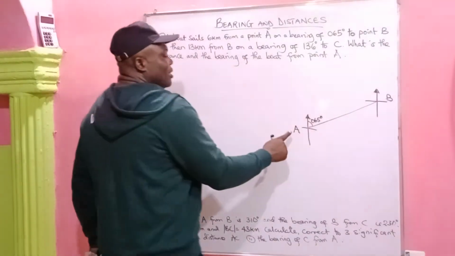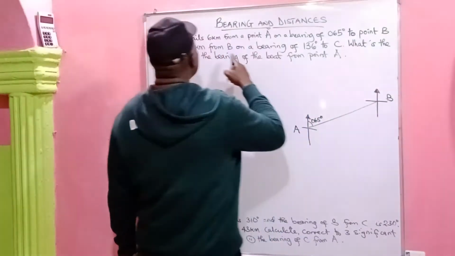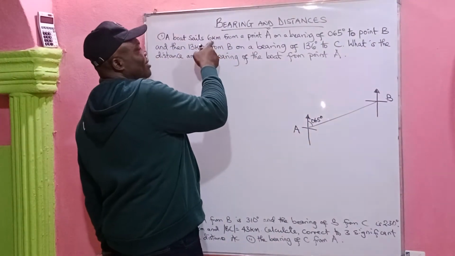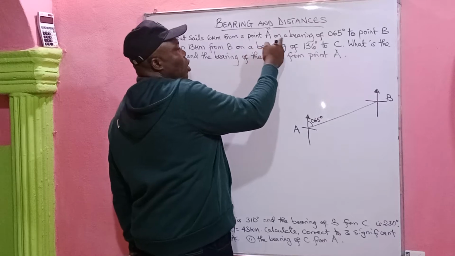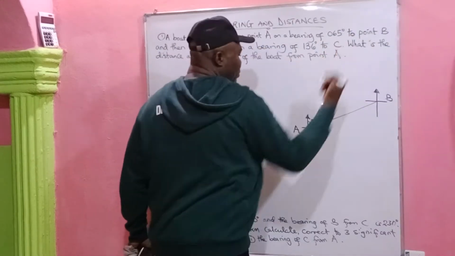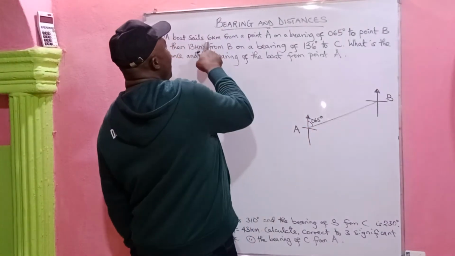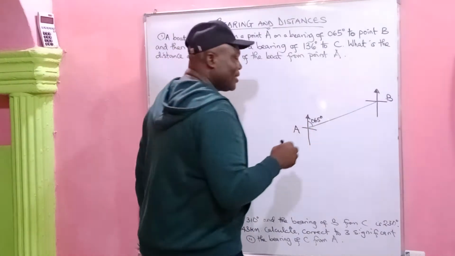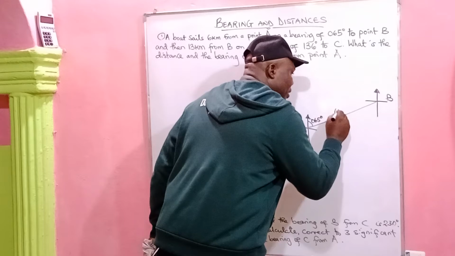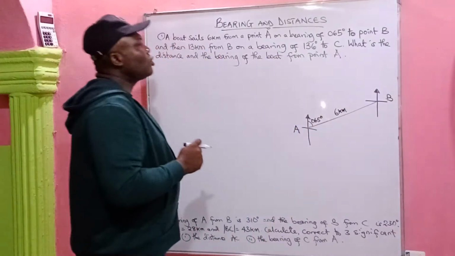The distance from A to B itself, they said a boat sails 6 kilometers from a point A on a bearing of 065 to point B. That means from A to B here, the bearing is 065, but the distance is 6 kilometers. So you have 6 kilometers here. Alright, so let's see. They now say,